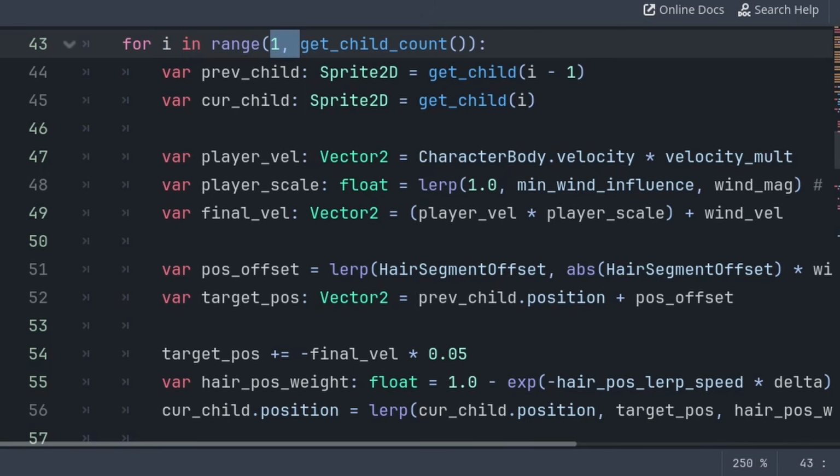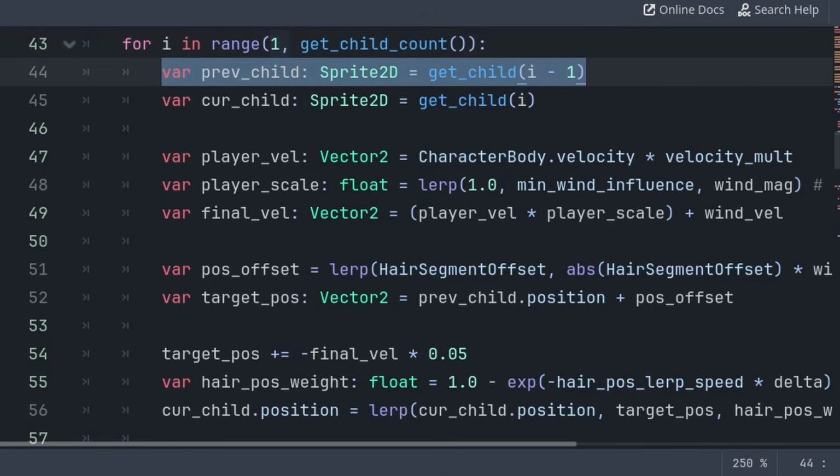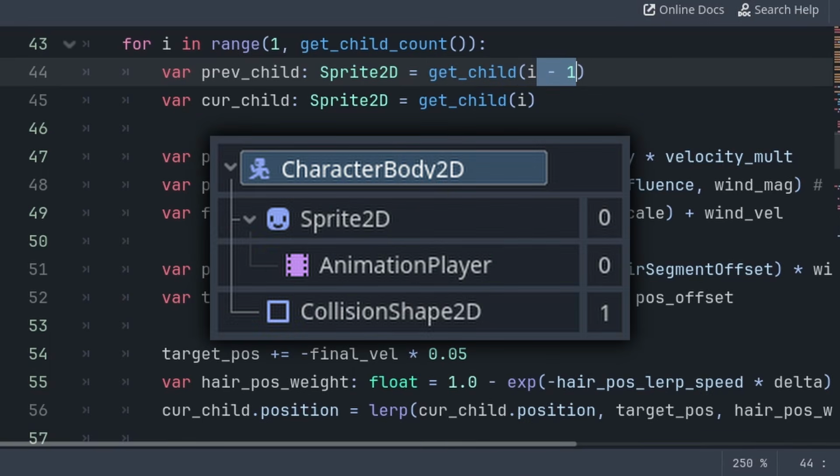Additionally, we use a range that starts at 1 and ends at the total child count. We do this to skip the first sprite node, as that is the starting hair, and we only want to move the hair segments, and it will stop this next line from causing an error. Previous child will store a reference to the previous child node. This will be used to set the offset position of the current hair segment appropriately, and because we started at a 1 instead of a 0, that ensures this line doesn't cause the game to crash, as there will always